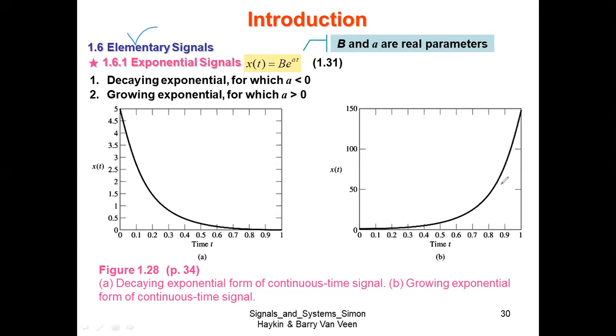Elementary signals are like basic gates, right? You might have studied in logic design, digital circuits and all. If you get NAND and NOR, you can get any kind of circuit. Or if you have the basic gates AND, OR, NOT, XOR, or otherwise NAND or NOR, you can get any kind of complex circuit, right?